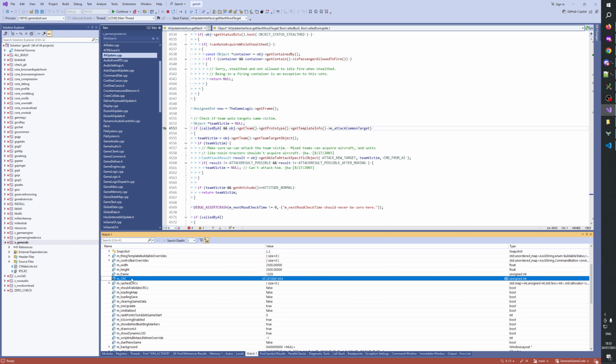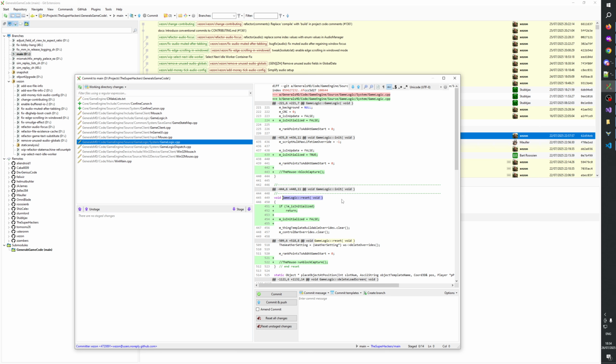So I have the suspicion somehow that maybe the reset didn't do anything. Yeah, maybe it didn't reset, right?